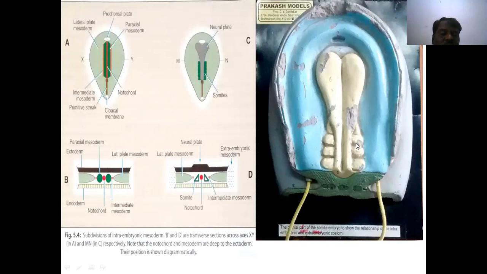Sclerotomes form the vertebral column. The 33 vertebrae are developed from these somites, which surround the neural tube, the lower caudal part of the neural tube that forms the spinal cord, and that is surrounded by this vertebral column. That is the sclerotomes. Myotomes is the musculature which is developed from these somites, present surrounding the vertebral column region.